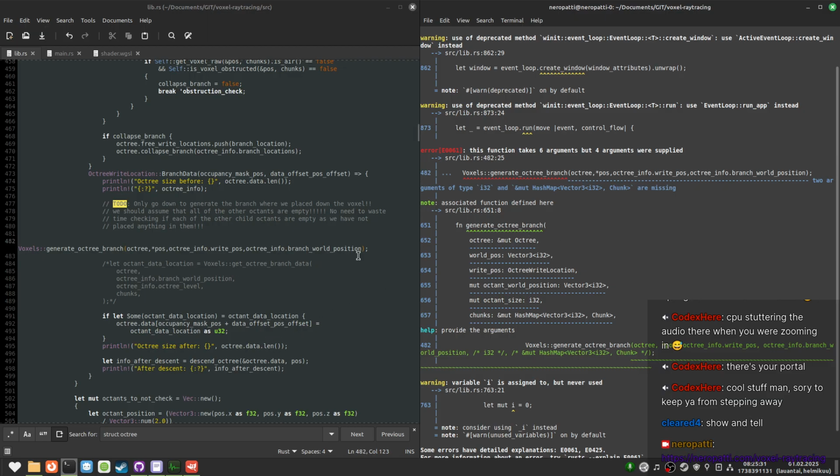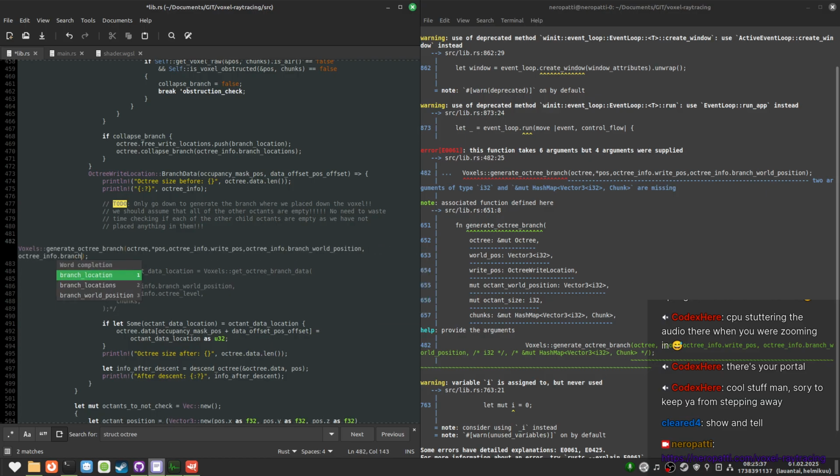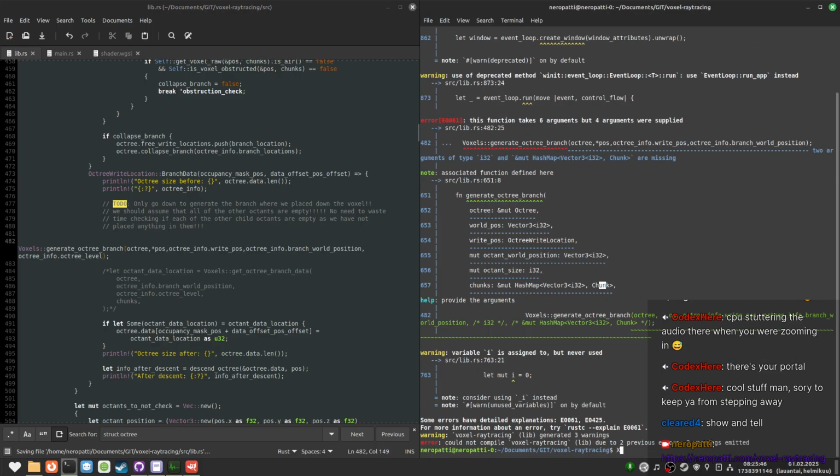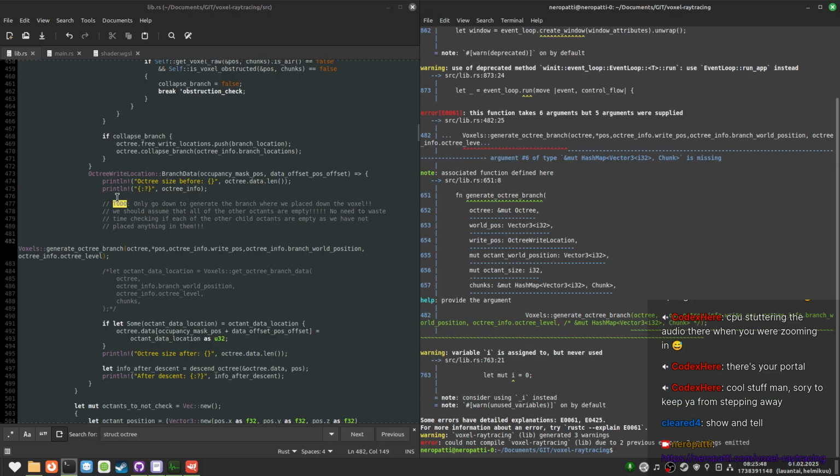The octant size. I think it's called this. I could have just passed in the octree info instead of getting all of the variables separately, but it is what it is.